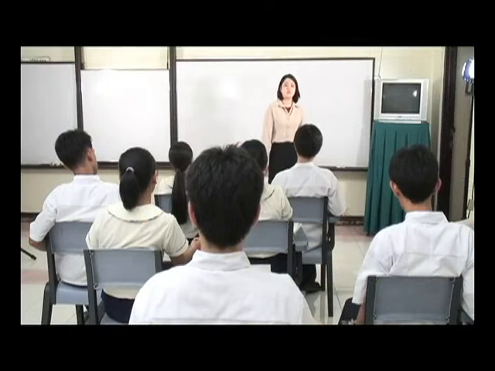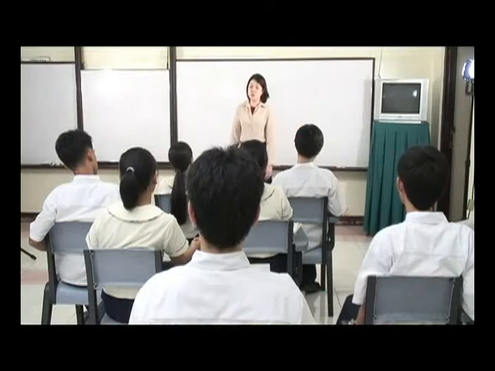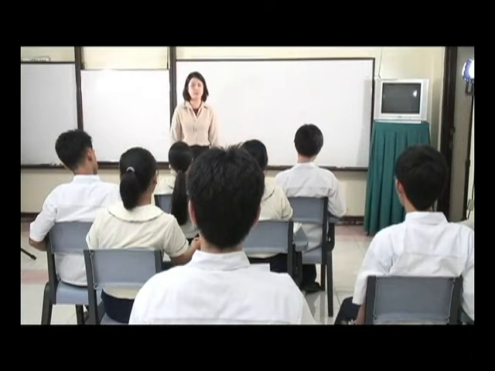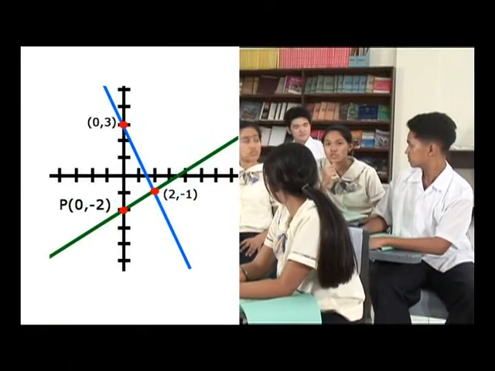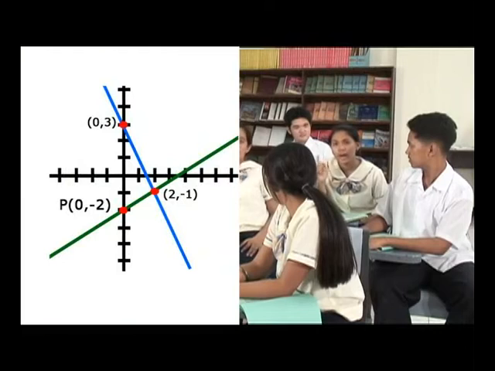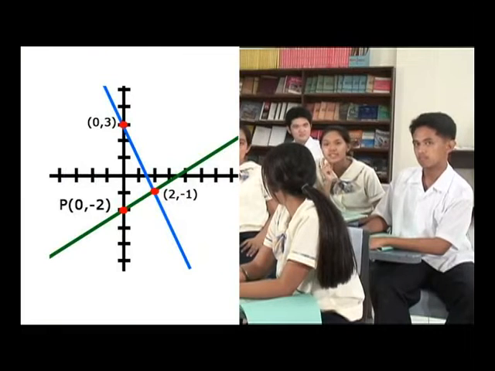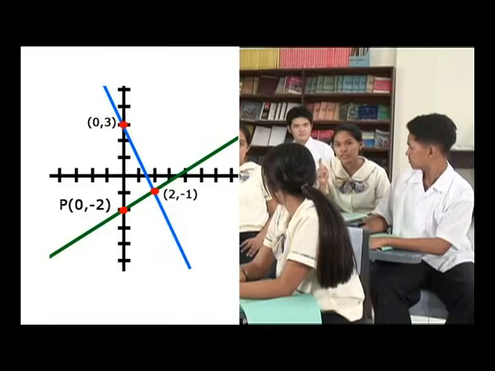What else do we need to form the equation? Since the slope is known, we can use either the point slope or the slope intercept form. But we don't know either of these. How do we get them? Why don't we look at what else is given in the problem? The line crosses the y-axis 2 units below the origin. But how does this help us? Oh, I see. The point 2 units below the origin is 0, negative 2. We can use the point slope form. Very good, Arwin. Now, who would like to solve for the equation of the second line?